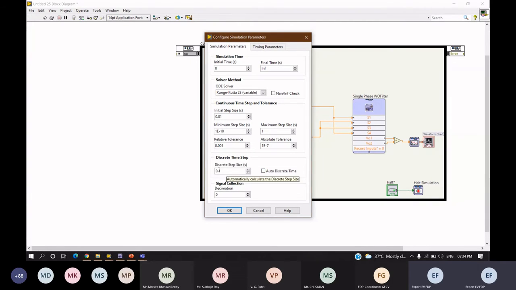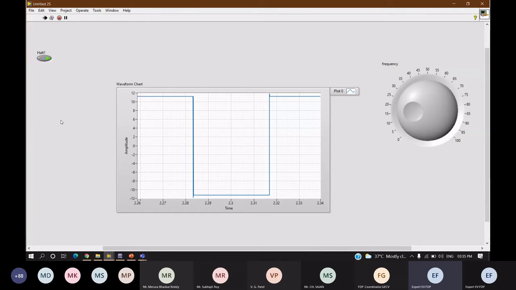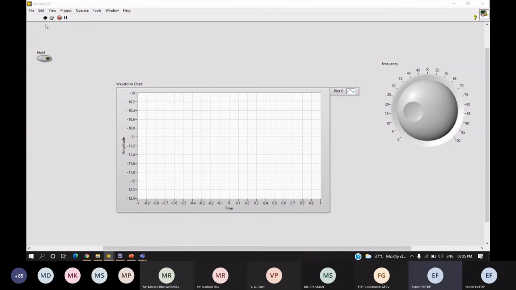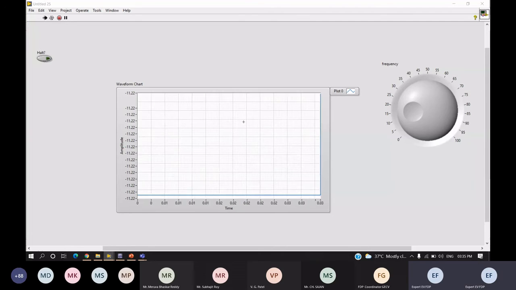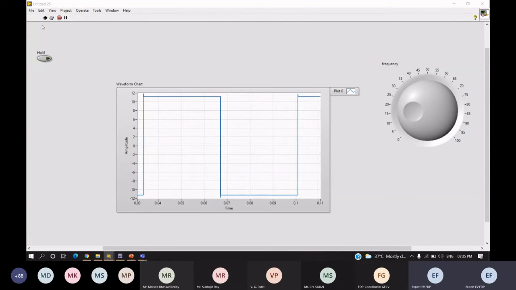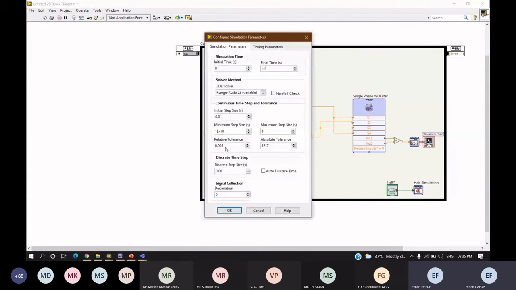I'll increase the discrete step size value and click OK. I'll run this again. So now it will plot a little bit faster compared with last time.